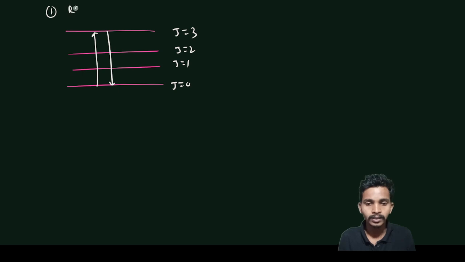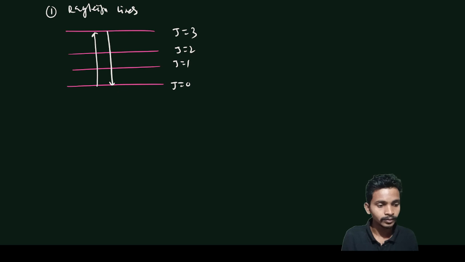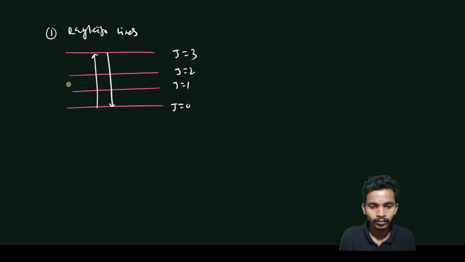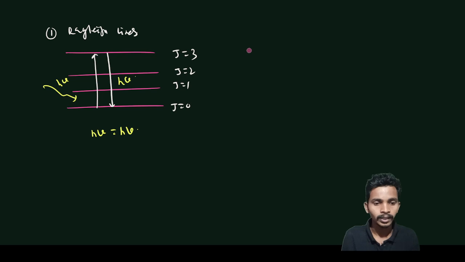So these are the Rayleigh lines. First this is the Rayleigh lines, and next is anti-Stokes and Stokes. Here, whatever this is the h nu, then this is the same h nu. Here h nu equal to h nu. Okay, and next if I draw,